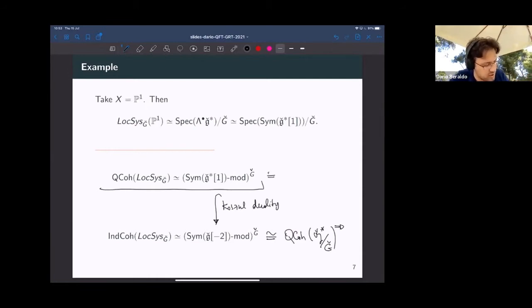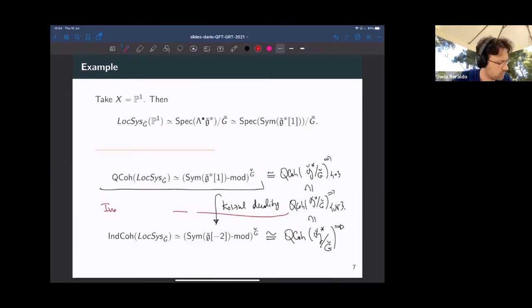And here, running the definition, this is the same, but when we restrict the support to be near 0. So those are the quasi-coherent sheaves on the same vector space with set-theoretic support at 0. And of course, there is something in the middle, which is quasi-coherent sheaves on the same vector space, shifted again, with set-theoretic support in the nilpotent cone. And that's exactly what Coh-nilp is in this particular case.